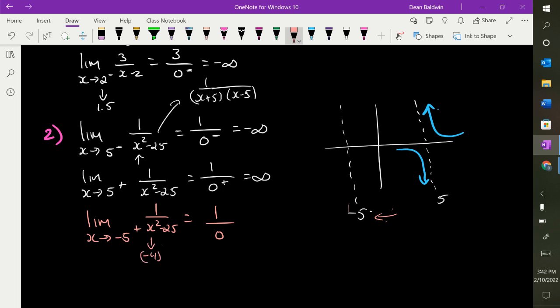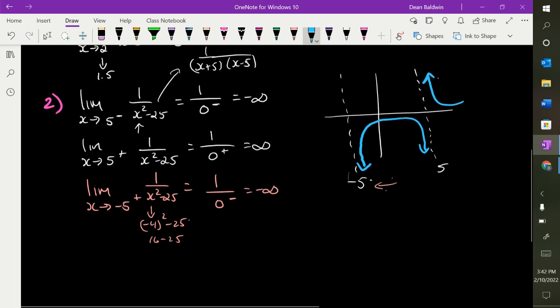If I put negative 4 in there, and you don't have to show this work, you can do it in your head. Negative 4 squared is 16. 16 minus 25 is negative. So positive divided by negative means I'm going to negative infinity. So if we come from this direction, we shoot down to negative infinity. If I come at it from the other direction,